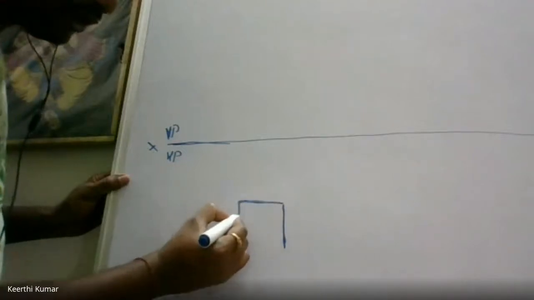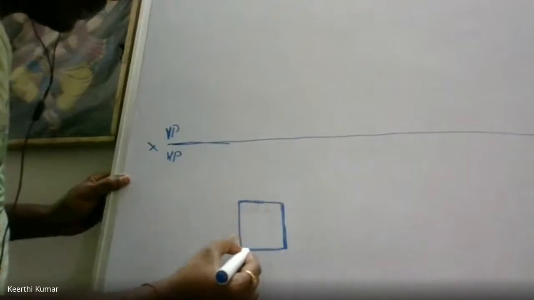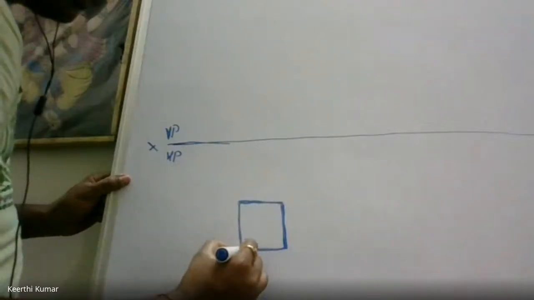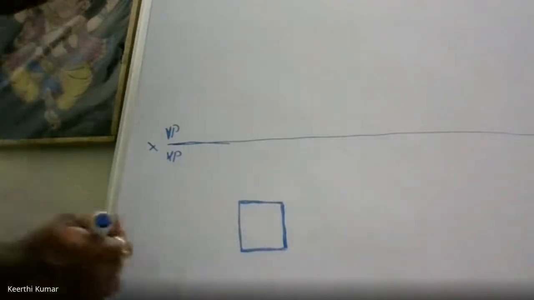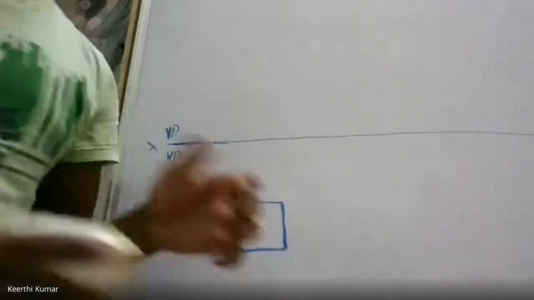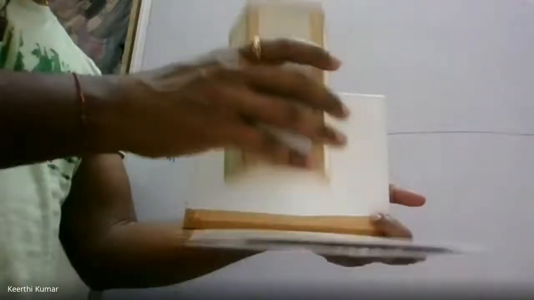So make this a square of how much? What is the size of the square? 35 mm. See now, assume that this is a square prism. And he's telling that this is horizontal. I'll show you with the book. See now, this is the vertical plane, this is the horizontal plane. He's telling the square prism is resting on HP. So try to rest it on HP.